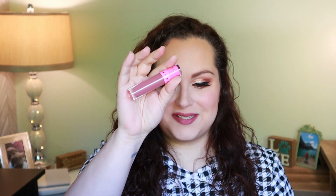All right. I don't know what sorcery is happening, but it feels very similar. It's really light. I'm gonna give it a little bit to dry and see if I notice a difference in how it dries. I think I really should go get my regular lipstick and see if I can do a side-by-side comparison. Okay, I'm back with the Jeffree Star lipstick in Androgyny, and I'm gonna do some swatches